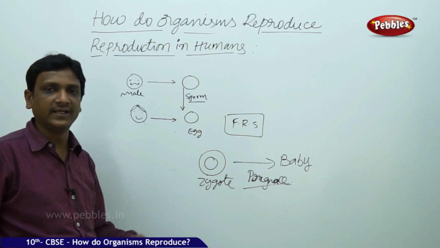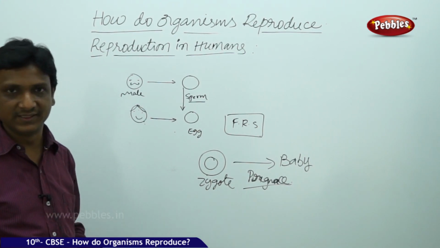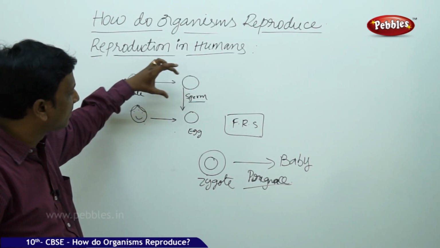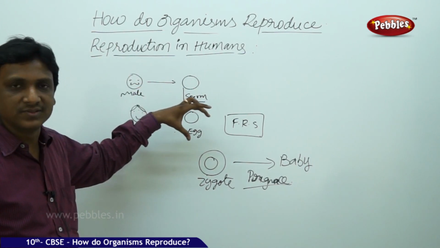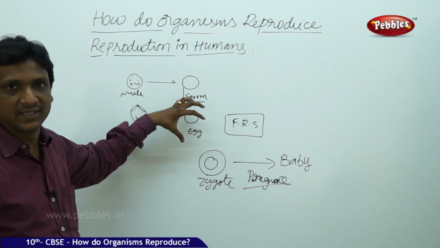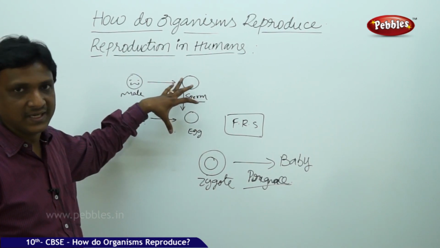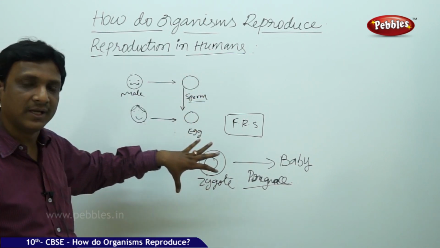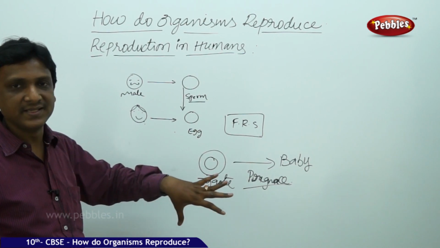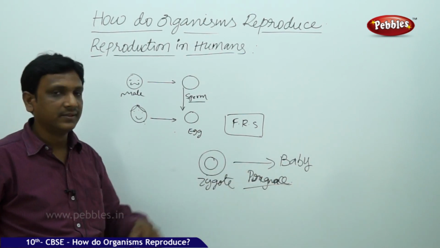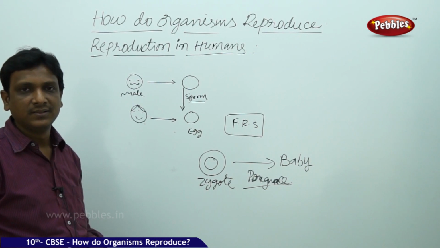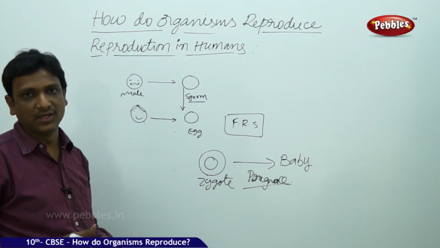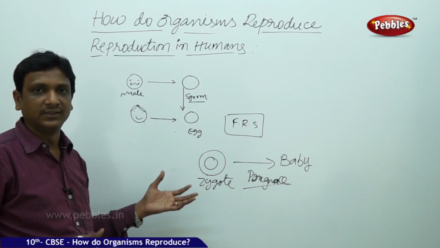So in this way, the organs, the systems, the hormones are designed in such a way that in human sexual reproduction, the male sex cells or the sperm cells are passed to the female reproductive system, and inside the system the fusion takes place and there is a chance of fertilization. If the male gamete fuses with the female gamete, it leads to pregnancy and forms a zygote, and the zygote develops into a baby. If no fertilization takes place, then the egg cell is flushed out, released out, during the process of menstruation.